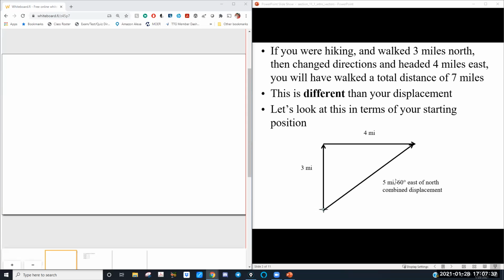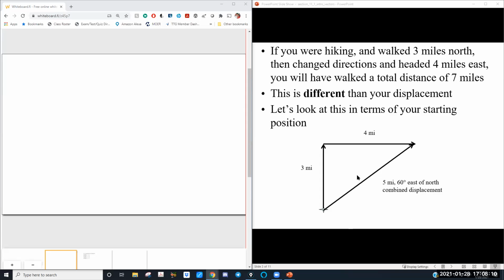There are several different ways we can denote that direction. I just happen to use east of north. When we're doing some of the problems from the worksheet today, don't forget to give specifically where your direction is being measured from. 60 degrees from what? 60 degrees from the standard positive x-axis, 60 degrees from north, 60 degrees from south. We want to be specific when we label our direction.